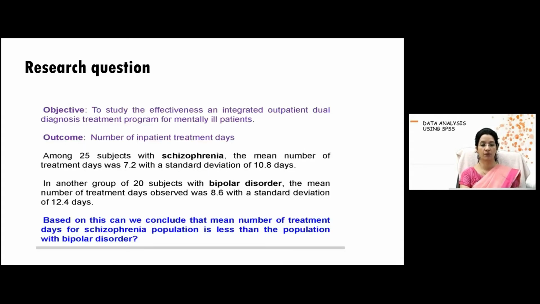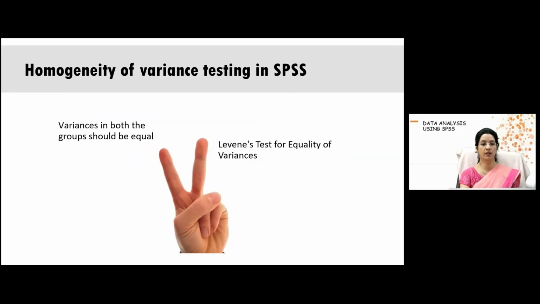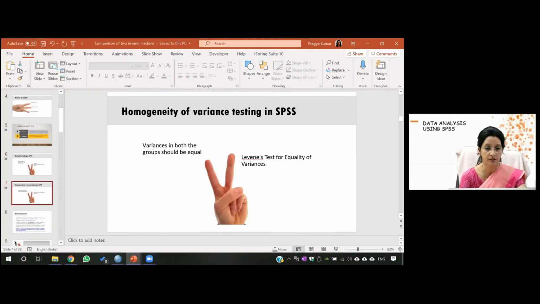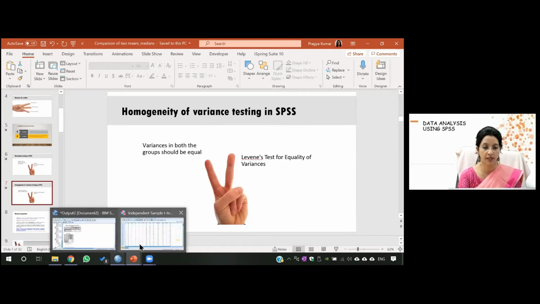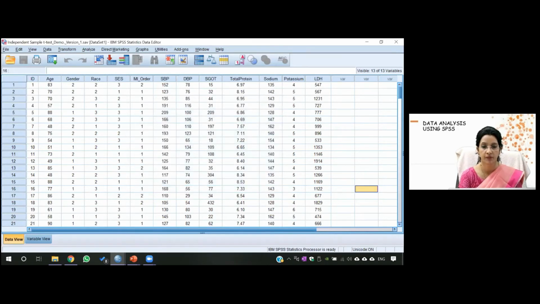So now, up till this point, it was the independent sample t-test. The other subsequent slides are for non-parametric tests. So I will first tell you the command of this independent sample t-test, then we'll discuss that. So I have to satisfy the assumptions. Now what I'll do, I'll read the questions.